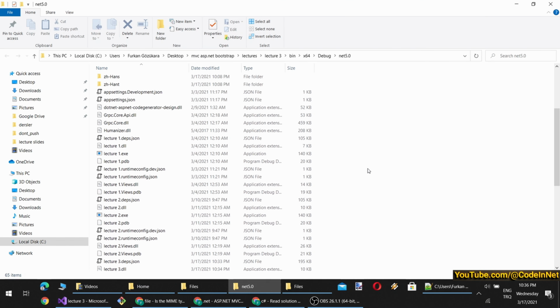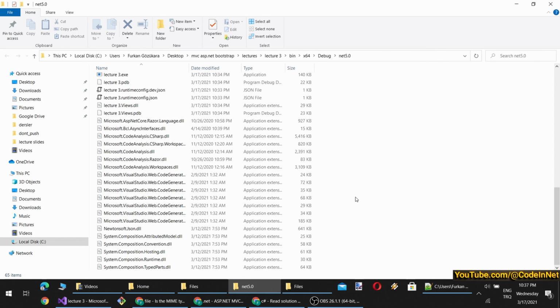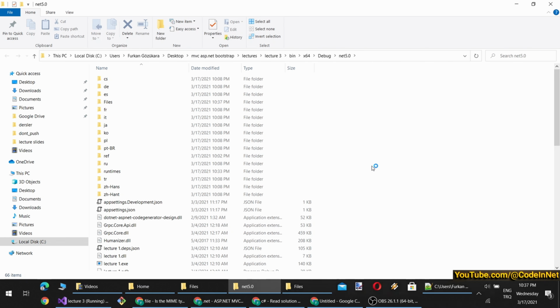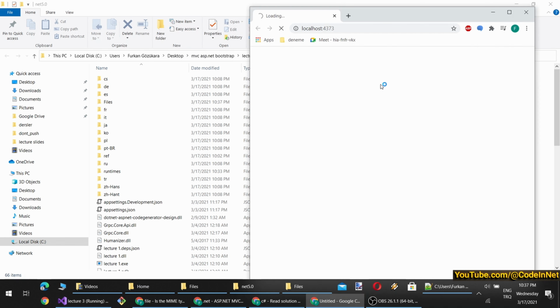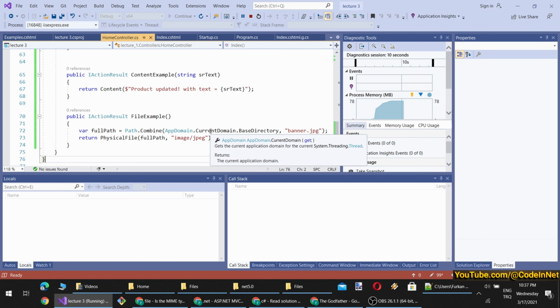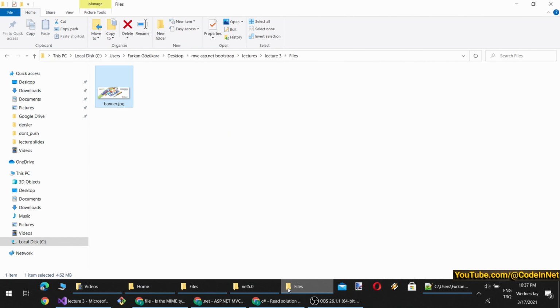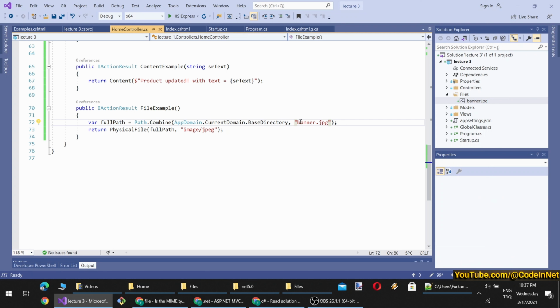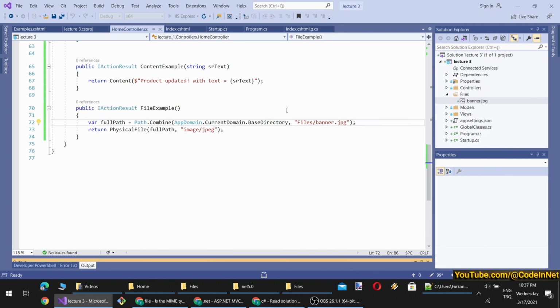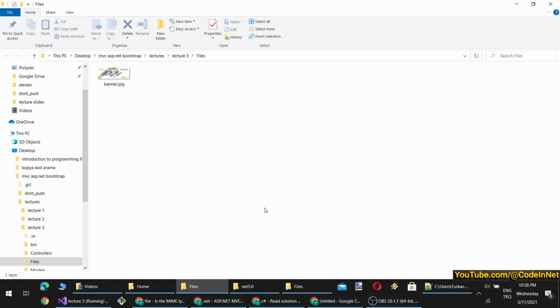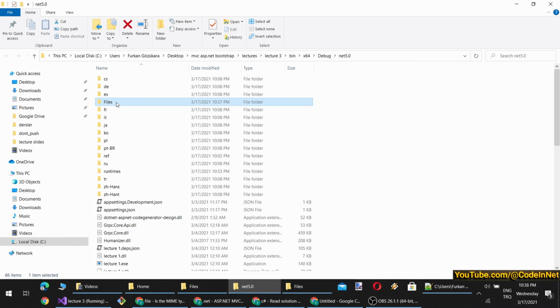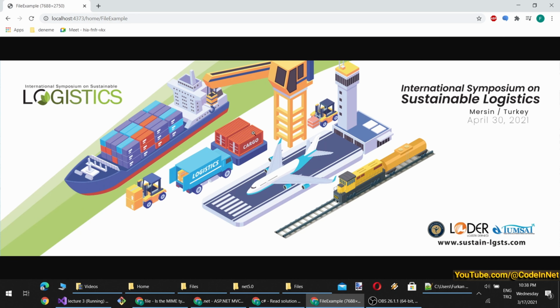And if you are publishing your project on a server, then you can refer to its folder. Let's say you are putting it inside wwwroot or application root directory, wherever you are publishing, it will work. However, since we are working locally, we have to do another approach. Home. Oh, it didn't copy it here. It is copied under files. Yeah, here. It will be like this. Okay, now it should work because all files are copied with their parent directory. And you see in the debug, now I have files folder. Now it is working. It is returning a file.